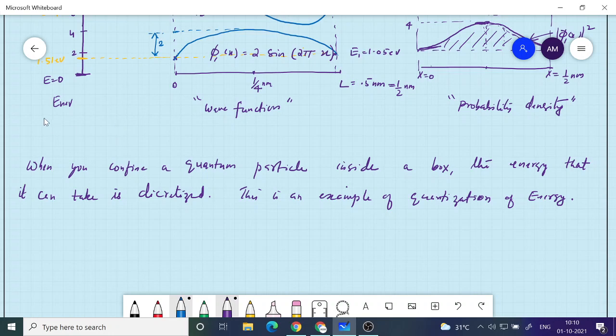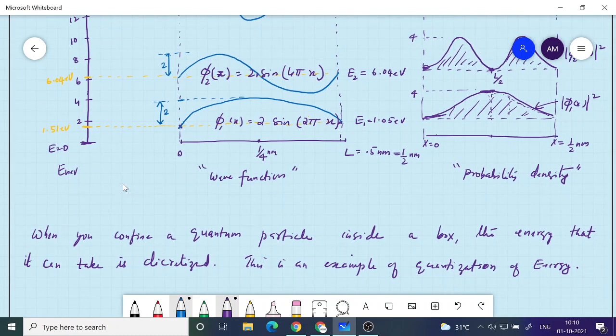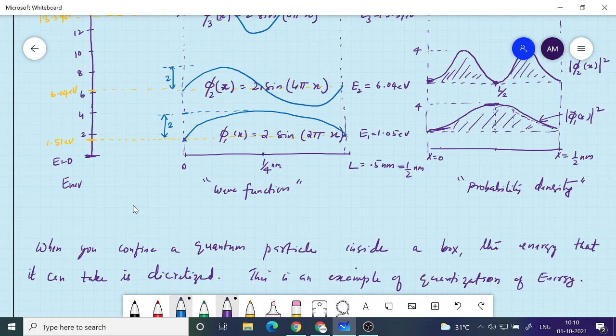Classically, if you put a ball in a box, the ball can be given any value of energy. You can give 1 electron volt, 1.5 electron volt, any such energy, but that picture is not really true. We tend to feel that it can be given any energy because the energy that we give to the balls is so large with respect to these differences in energy. Therefore we never experience this quantization in daily life.